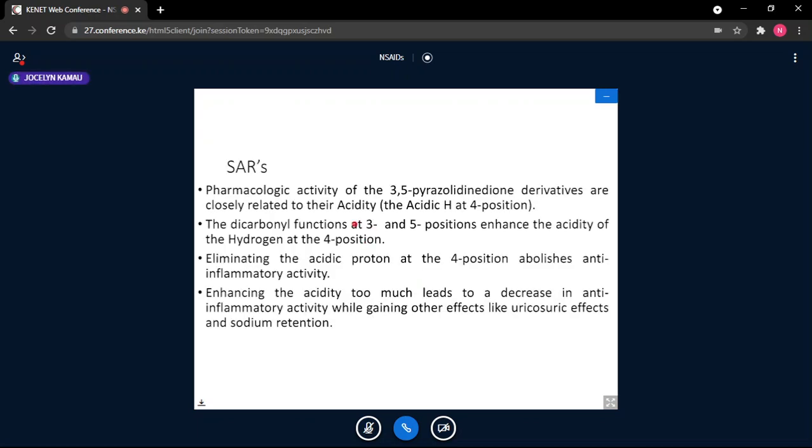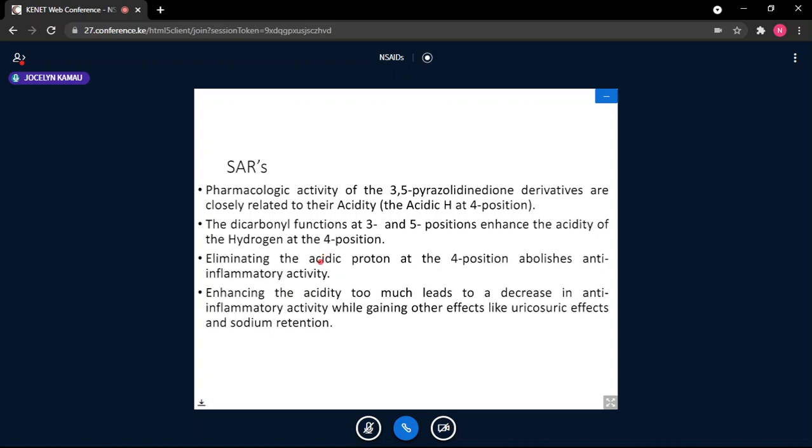SARs: the pharmacological activity of the 3,5-pyrazolidinedione derivatives is closely related to the acidic hydrogen at the 4 position. In other words, you abolish that acidity and you lose your activity. That's why we say they are closely related to that acidity, in that you require an acidic proton there for their activity. The dicarbonyl functions at the 3 and 5 positions enhance the acidity of the hydrogen, because of their electron-withdrawing ability. Eliminating the acidic proton at the 4 position abolishes